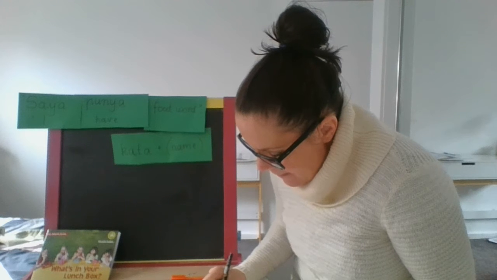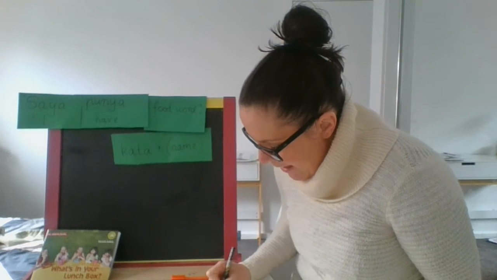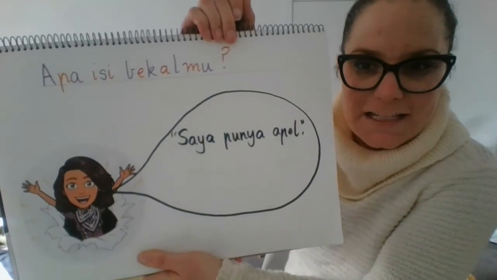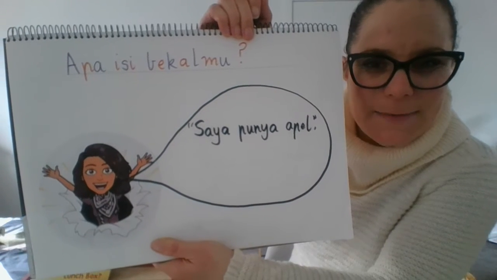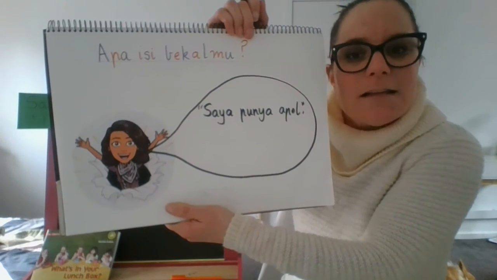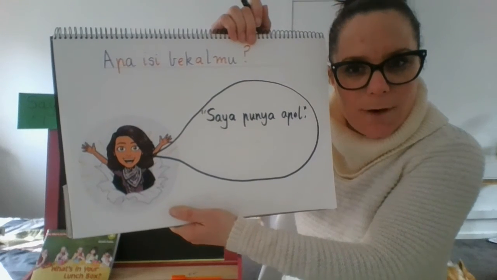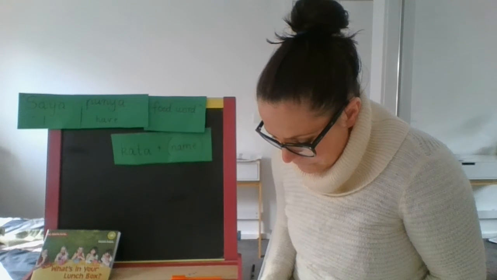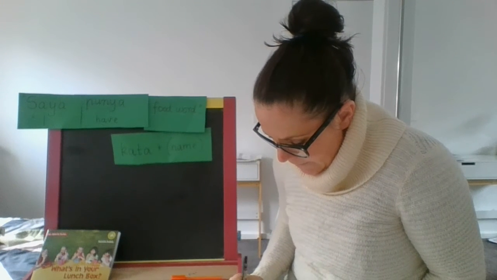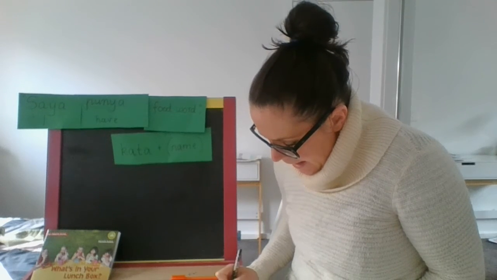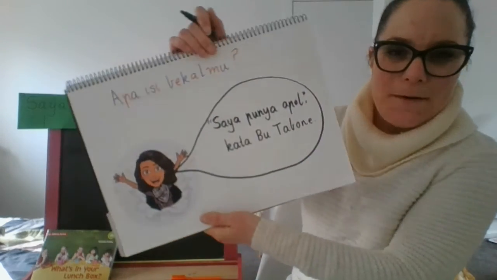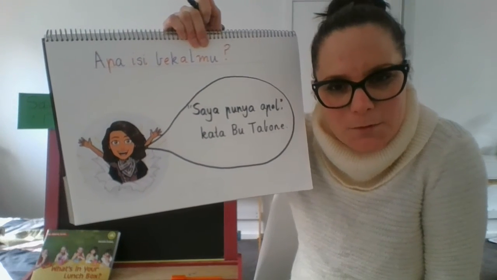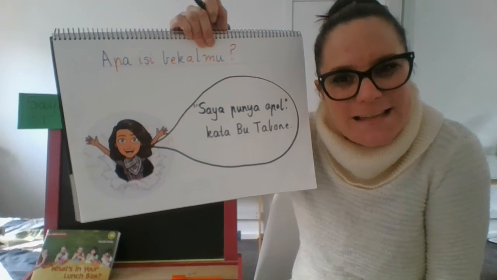And I will write saya punya. I have. Saya punya apel. And I'm going to finish my talking marks where I finish my talking part. I put a comma after that because my sentence isn't finished. I must say, saya punya apel, and then I must say, said butabone, which is kata butabone. So I'm going to pop it in there. Kata butabone. And then I'll put in my full stop. There you go. So there's my sentence. Saya punya apel, kata butabone. That says, I have an apple, said butabone.